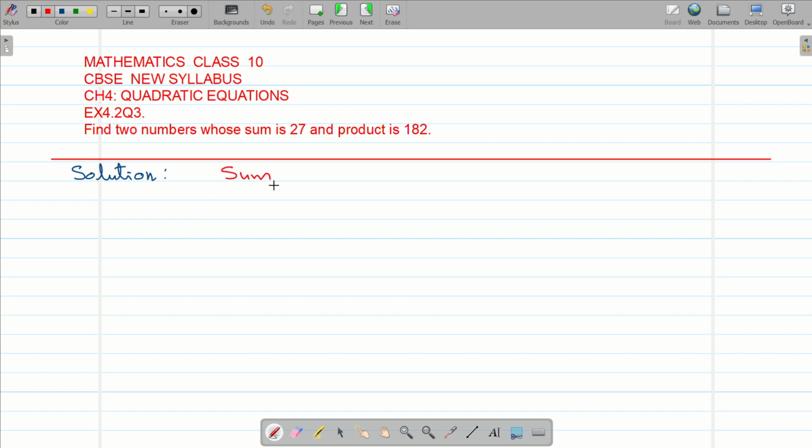The sum of the numbers is equal to 27. It is given to us. Let the required numbers be x and 27 minus x, and their product is 182. Now according to the question,